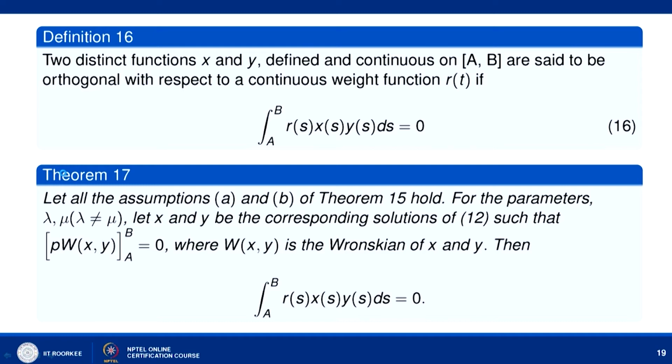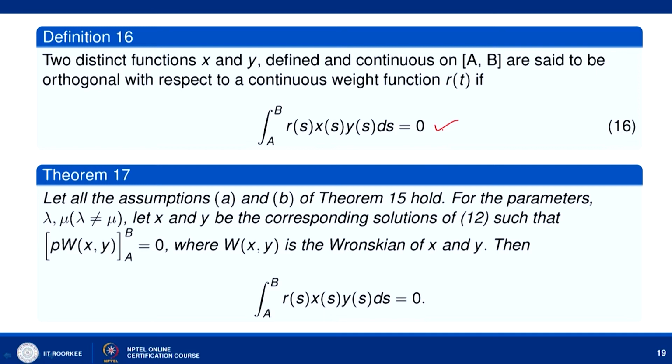Let us define it. Two distinct functions x and y, defined and continuous on this closed interval [a, b], are said to be orthogonal with respect to a continuous weight function r(s) if the integral from a to b of r(s) x(s) y(s) ds is equal to 0. So, when this condition holds, then we say that x and y are orthogonal to each other